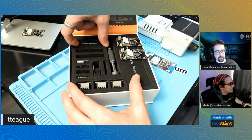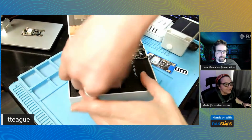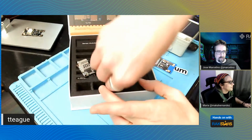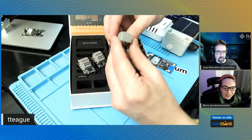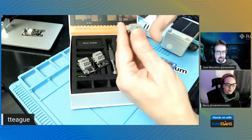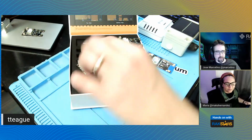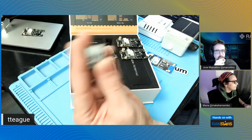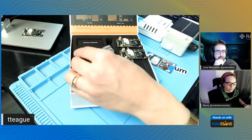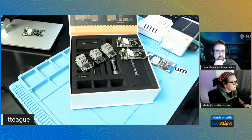So you've got two of these main boards in the kit, and you have your sensor modules up here. Before we get to those, I'm going to talk about the industrial I/O. There are three of these, and you have these breakouts, which make it very easy to connect wiring onto an existing sensor, or just leads onto something that's already deployed in the field. Connect it using these buttons and the slide-in terminals here. You have 0 to 5 volt, you can support Modbus, and you can support 4 to 20 milliamp systems,